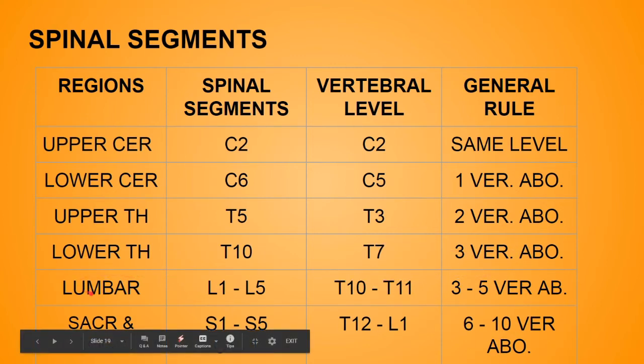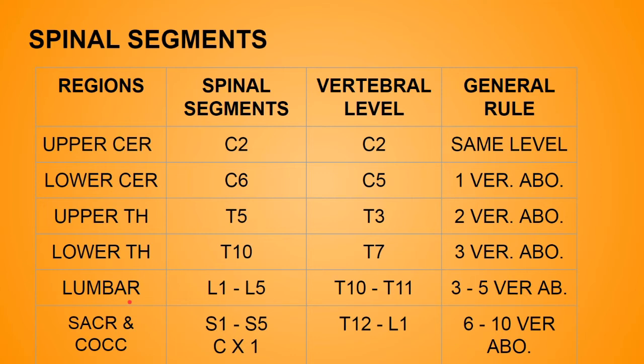Now what about the lumbar? We have 5 lumbar spinal nerves. The vertebral level for them is T10 and T11, that means 3 to 5 vertebral levels above. And for the sacral and coccygeal nerves, S1 to S5 and Co1, they attach at the T12 and L1 segment, meaning 6 to 10 vertebral levels above. So remember, for lumbar 3 to 5 vertebral levels above, and for sacral and coccygeal 6 to 10 vertebral levels